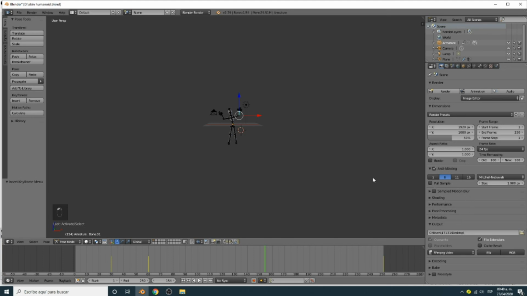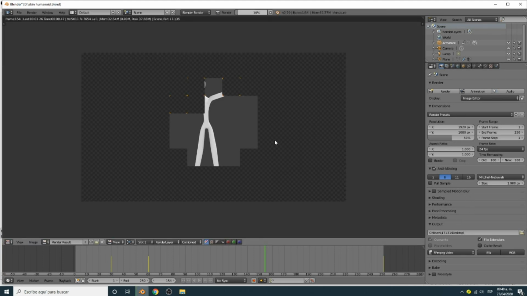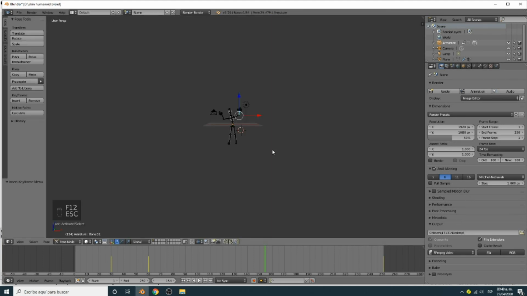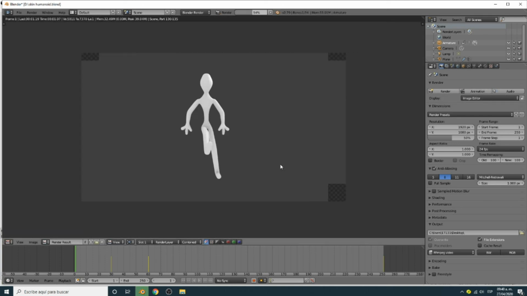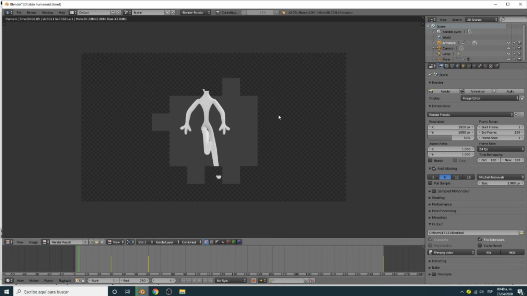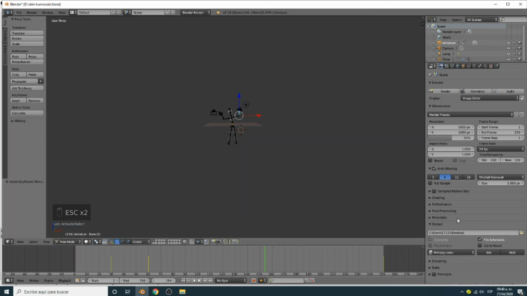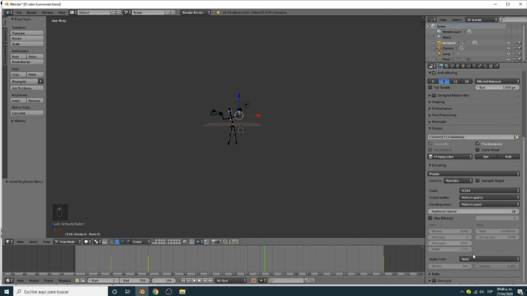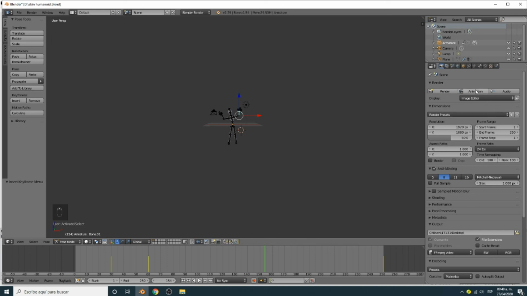And when you have the light and you take a picture and you like it, go to animation, and wait until the animation finishes. And don't forget that you have music, so you must put here in encoding, instead of none in audio codec, MP3, and then again animation.